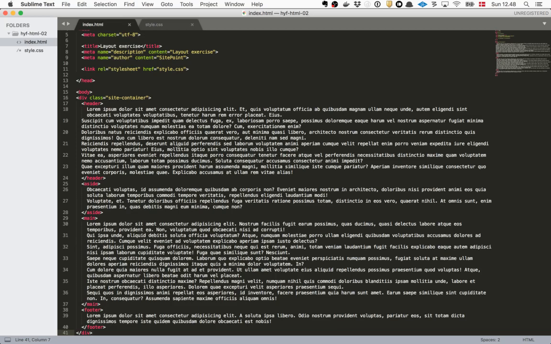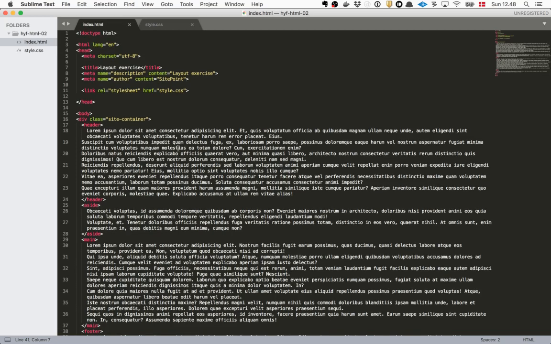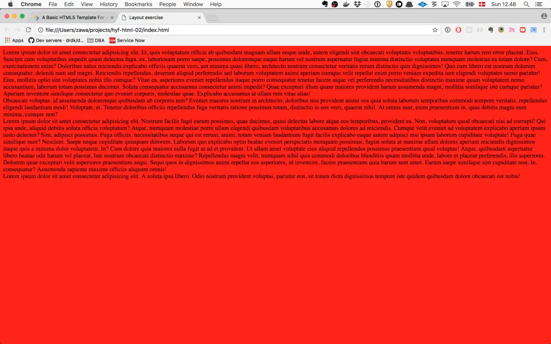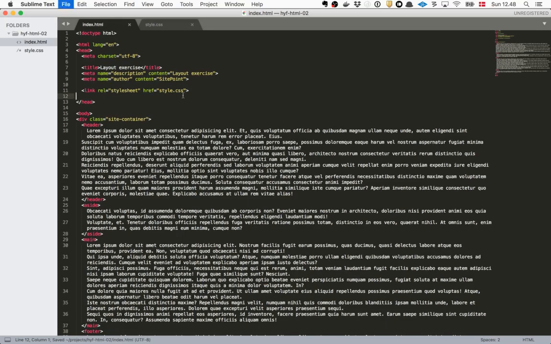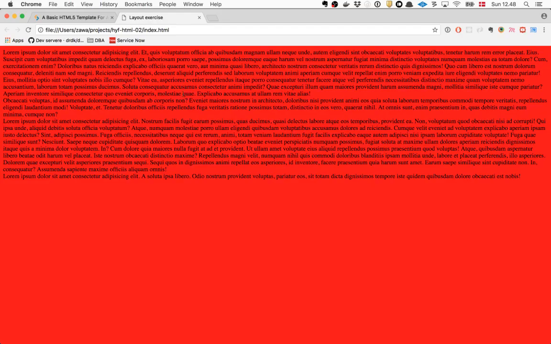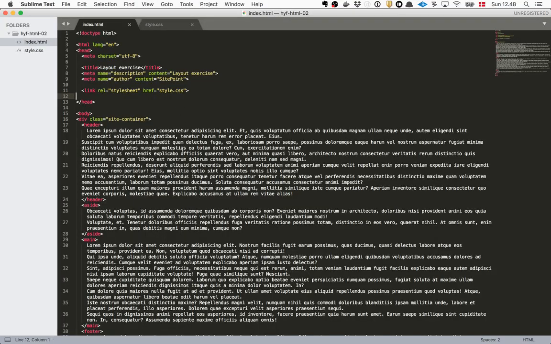Okay, I'm just gonna give you a little overview of what we have in here. So if we have a look in the browser, we just have a ton of text. Okay, so we have some text here, but what's interesting is that I made sure to include these semantic tags that we talked about.